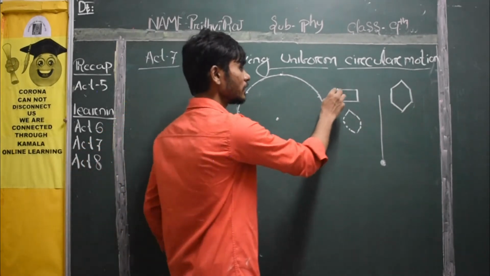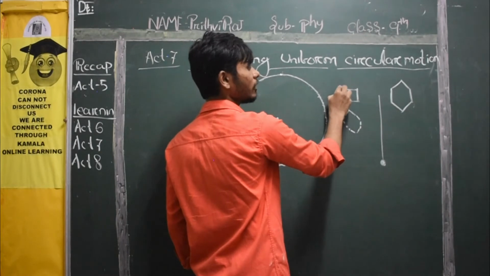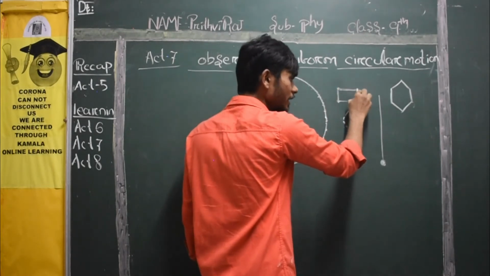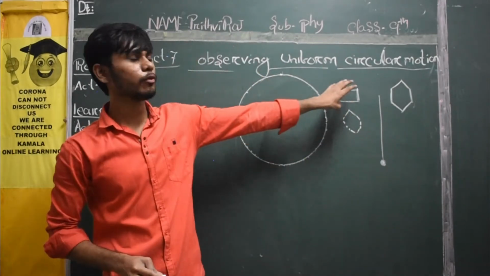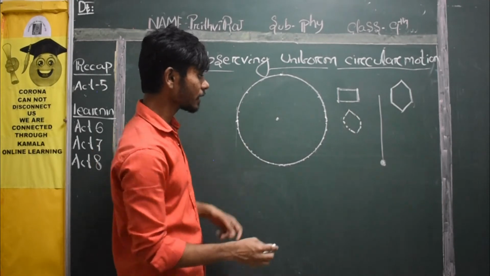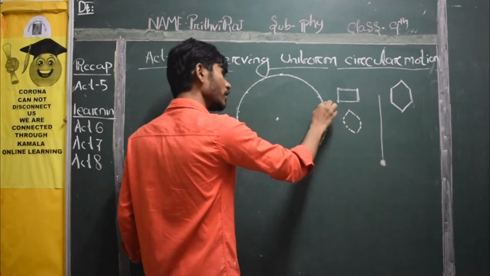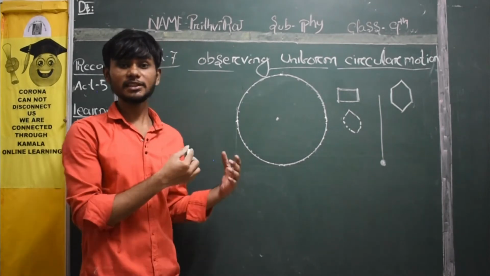That means on a quadrilateral you can change your direction 4 times. From here I go, here I will change my direction, again here I will change my direction, again here, now again. So I will change only 4 times. Here I will change my direction only 6 times. But in a circle, at each and every point I am changing my direction. You need to remember that. This is our general argument.